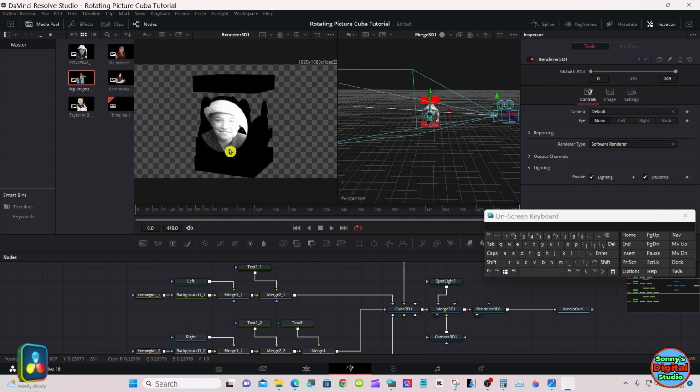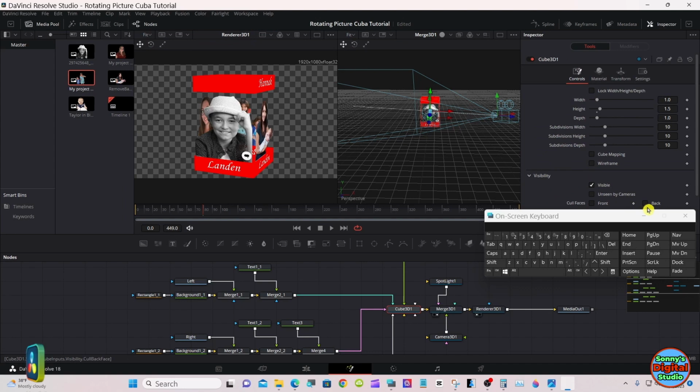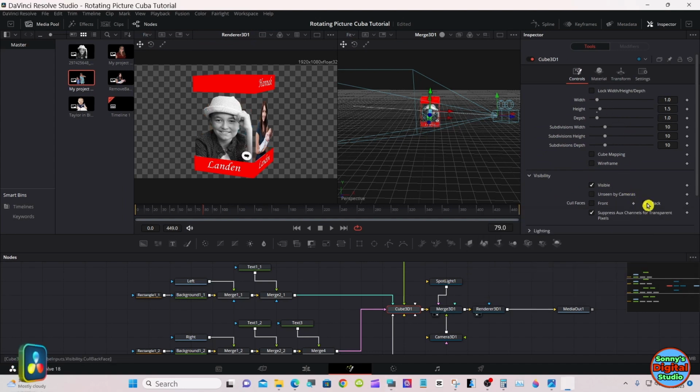Go ahead and throw your 3D render node in the left viewer. Get the camera and light set up here.